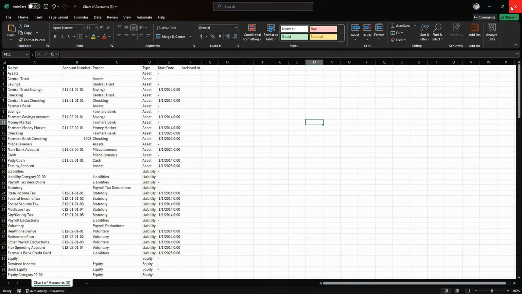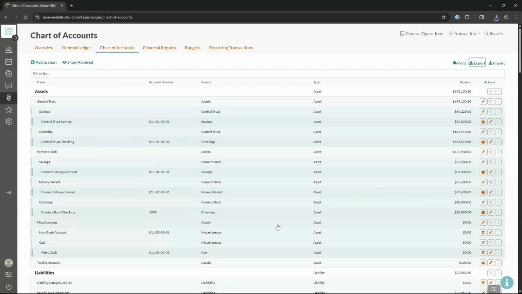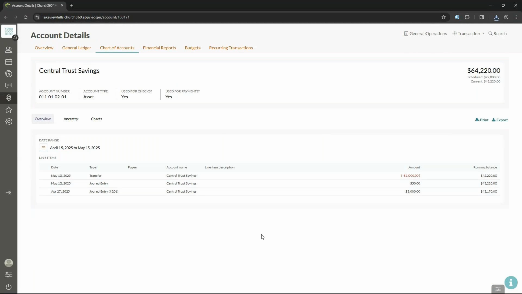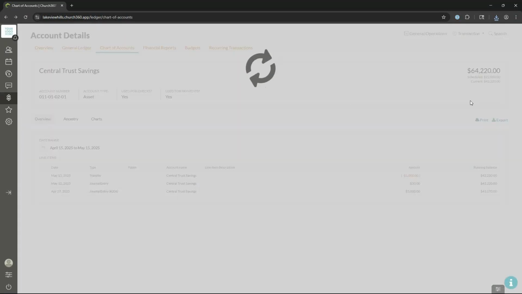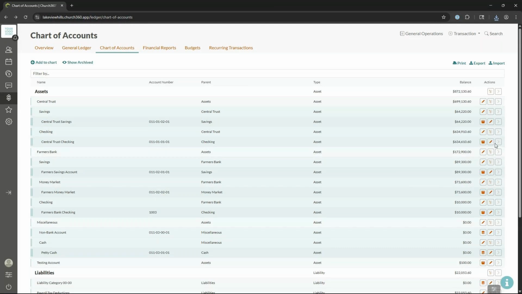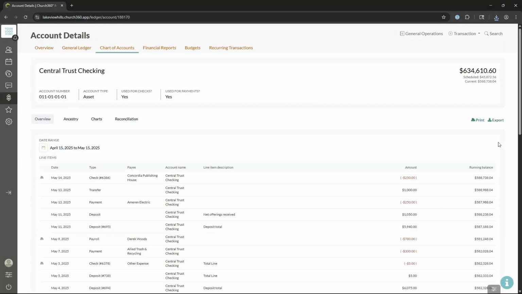Okay. And if you want to know more detail about an account, similar to what we had in the general ledger view, you can click on this arrow to the right on any account, and this is going to let you view the register for this particular account. Actually, I'm going to grab the wrong one. I intended to get the checking account here. Let's do that. If I go into my checking account, I'm going to see the detail about this account. And it's going to tell me a few things. It's going to tell me the name of the account, the current balance,